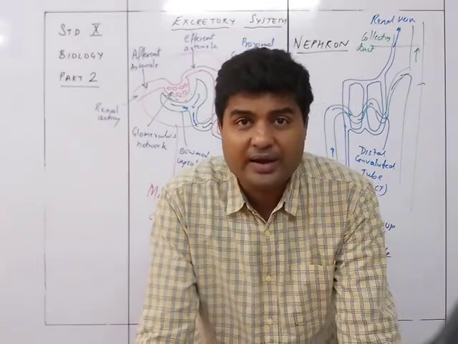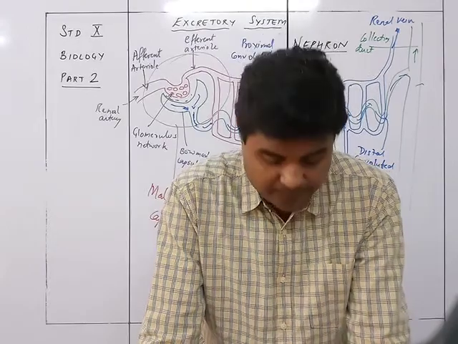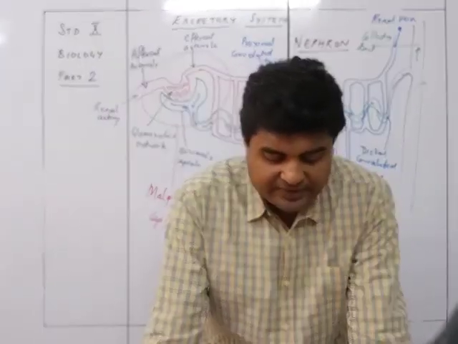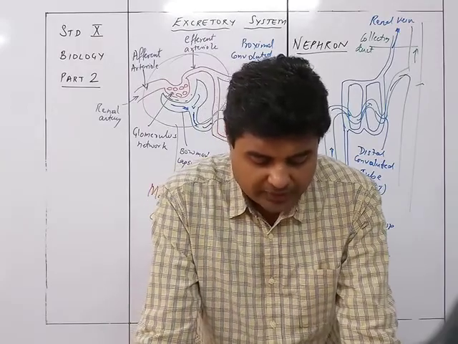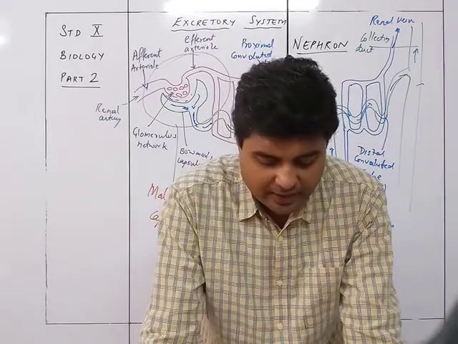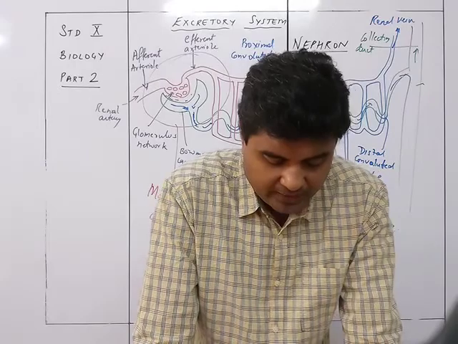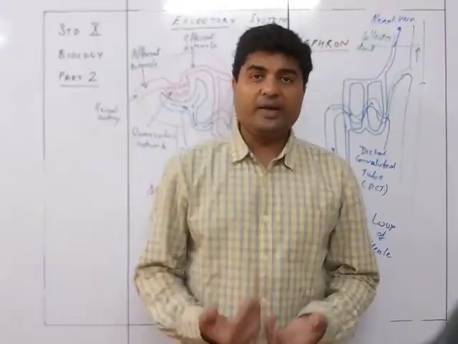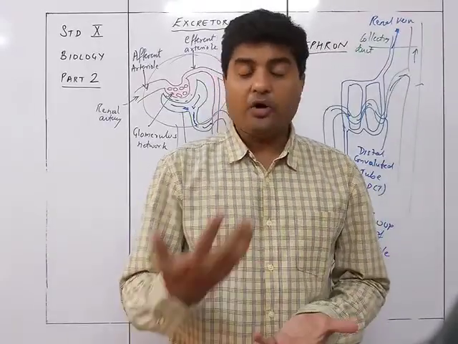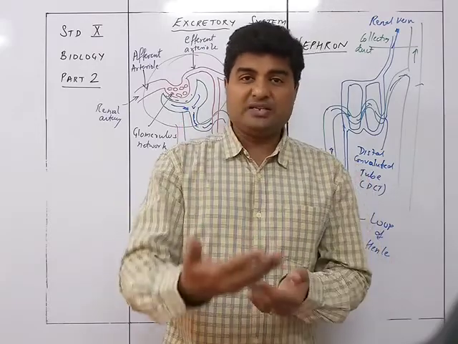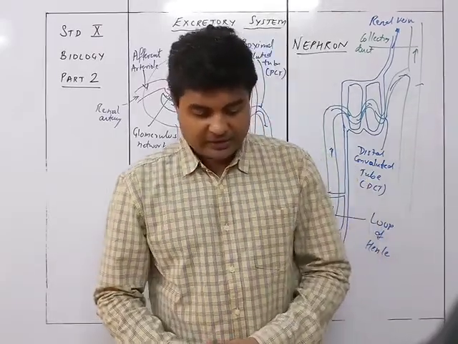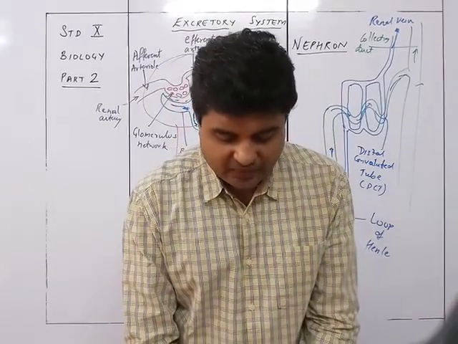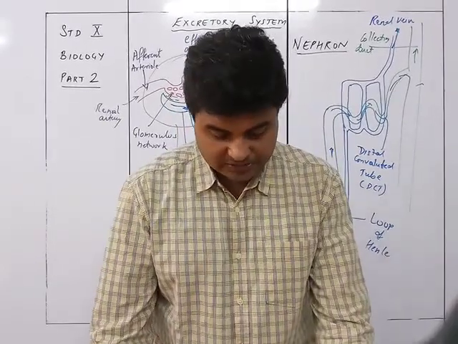You need to drink at least 2 liters of water daily. In food, 700 ml, that is 25%. And metabolic water, that is the product of cellular respiration, is 300 ml, that is 12%. So that's why you need to take 2.5 liters of water, so that it compensates for the 2.5 liters of water which is discarded by the body. So the intake and output of the water would slightly vary according to the climate and lifestyle of a person.